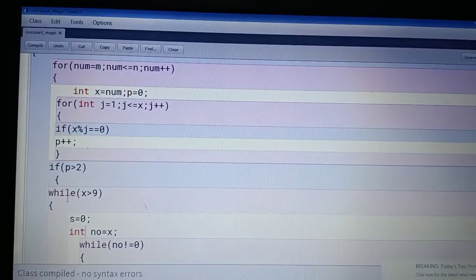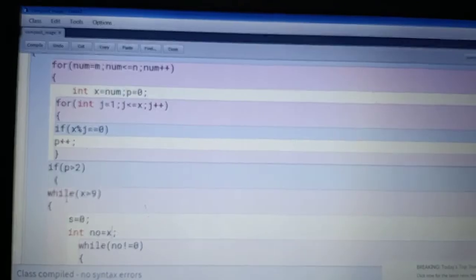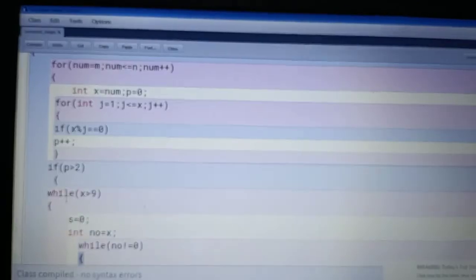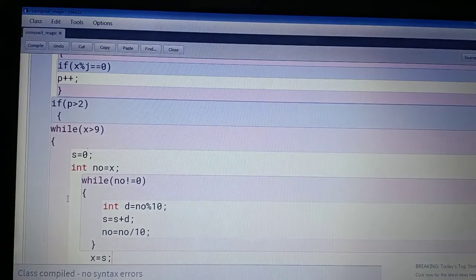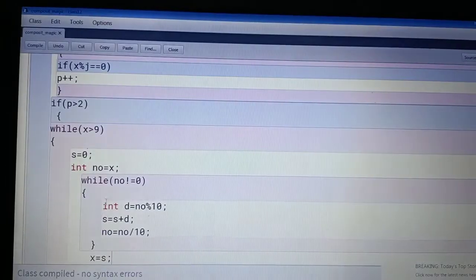Here I am taking a variable s to store the sum. So s is 0, and here we again copy the x value, the original number, into another variable, because x is the loop variable. After this, we find the sum of digits. You know how to find the sum of digits. Here we write the condition: no is not equal to 0.